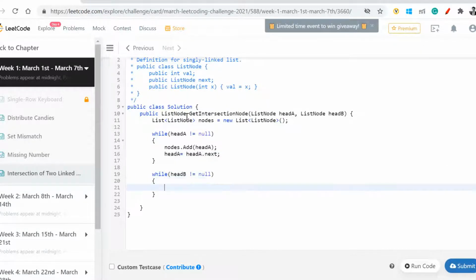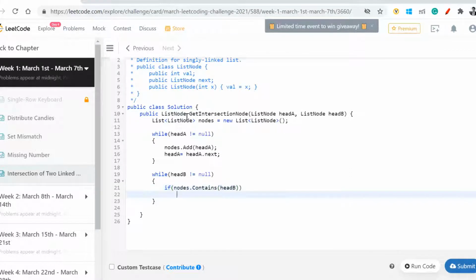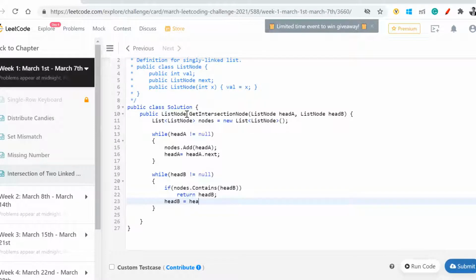Now in this case, if my nodes contains my head B, then I'll return head B. Otherwise, headB is equal to headB.next. In case it is not found, I'll just return null.